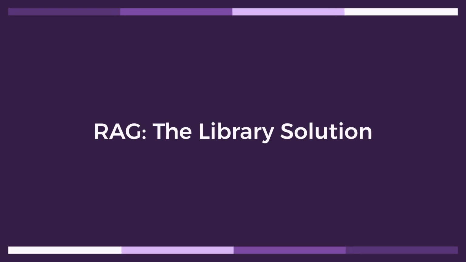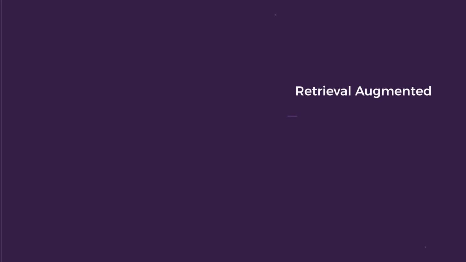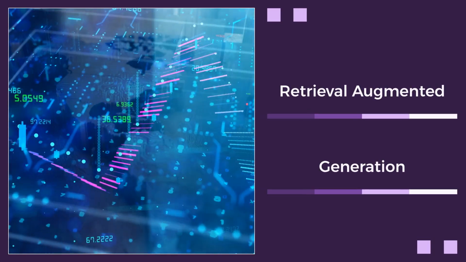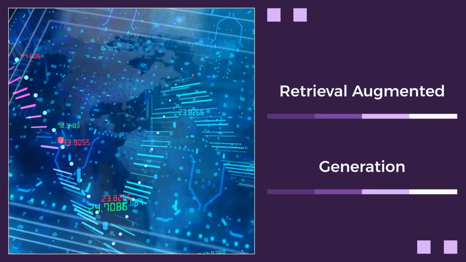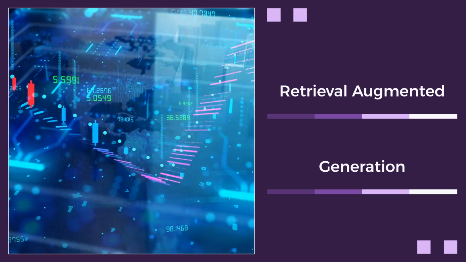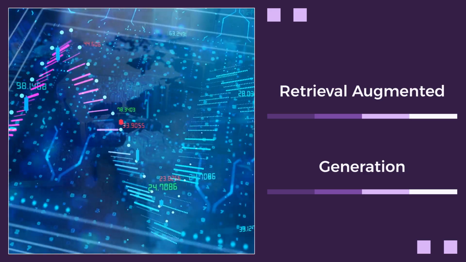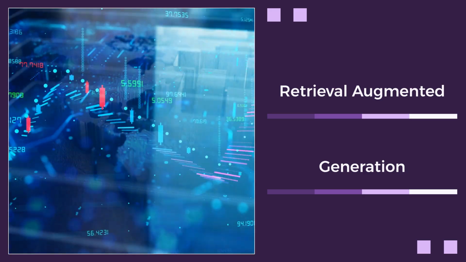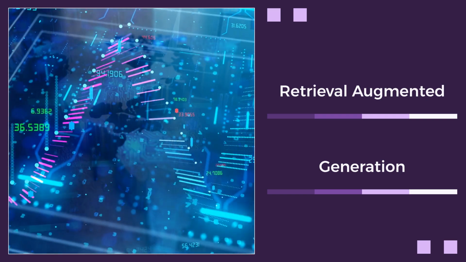This is where the challenger steps in, Retrieval Augmented Generation, or RAG. If the context window is short-term memory, RAG is the infinite external library. RAG is a technique that gives the AI access to external, up-to-date knowledge. Instead of relying solely on its limited internal context, the AI first searches a massive database or library for relevant